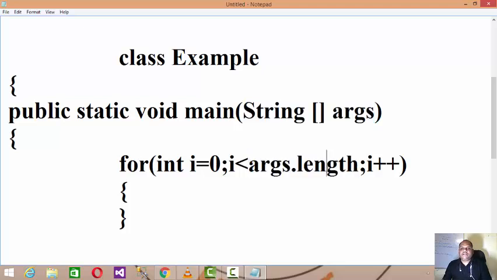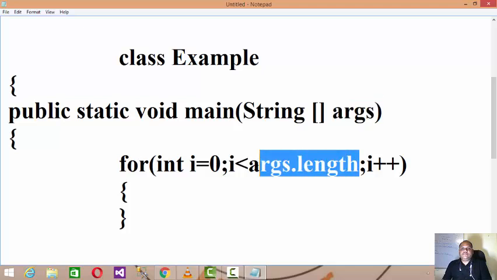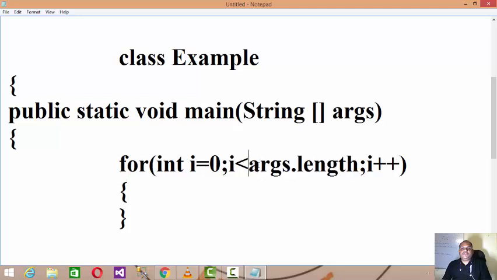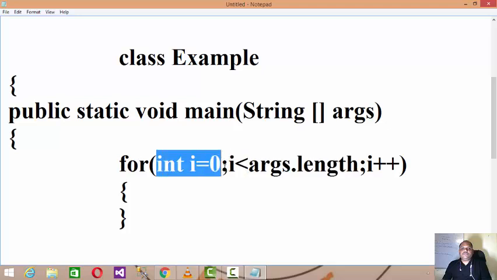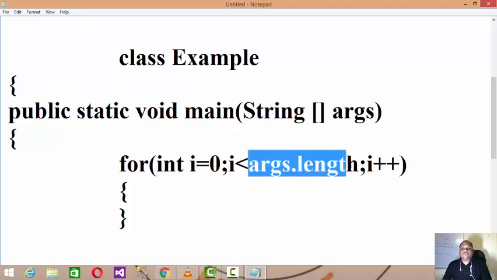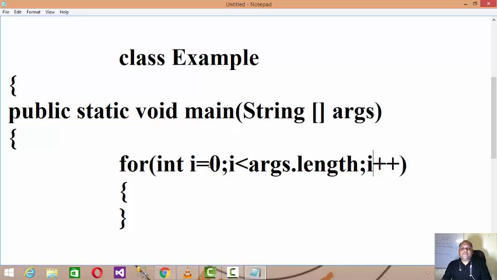Args means arguments, and args is a variable. Args.length will evaluate the length of an array. So as the array subscript starts with 0 till args.length, I can increment the subscript one by one.